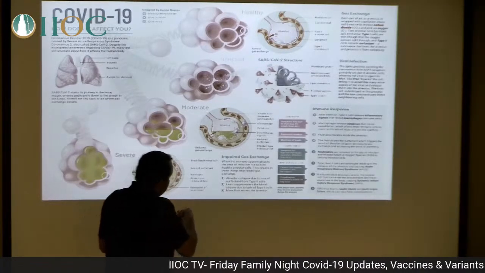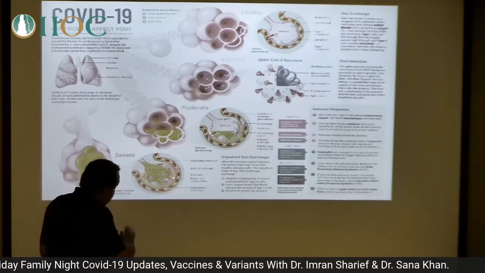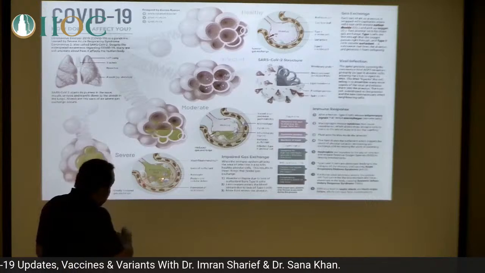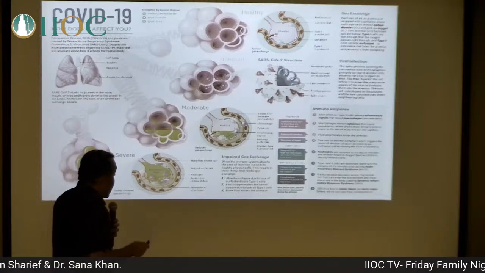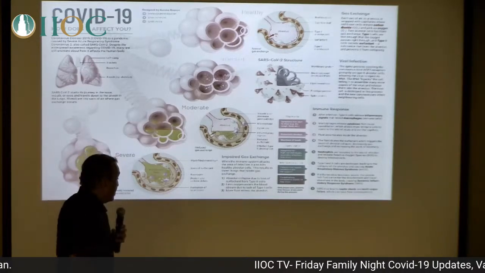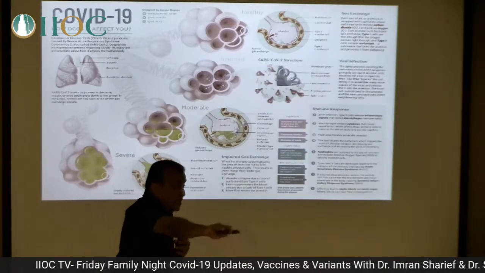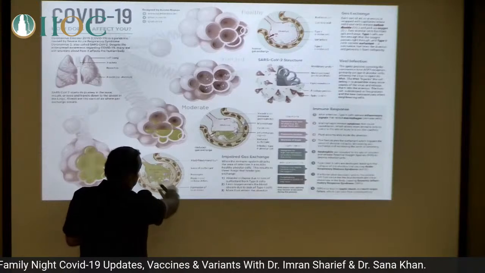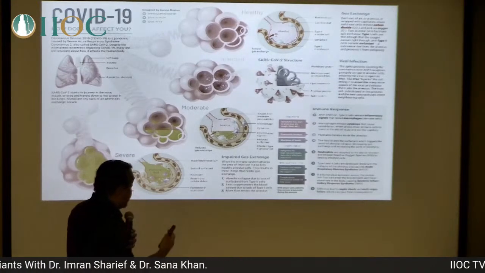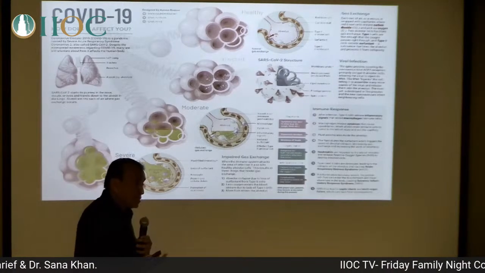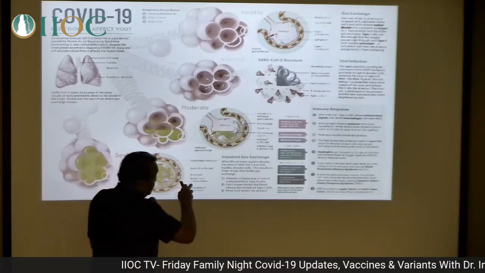So what happens now, okay, is that you've got fluid in the middle between the sac and the capillaries and the blood, making it hard to exchange oxygen and carbon dioxide. You've got yourself formation of pus in here. And if this gets really bad, this pus can then leak back into the blood vessels. And if it does that, then the rest of the body is affected by a massive amount of this kind of debris. People can actually go into something called septic shock, where there's infection all over the blood vessels. So this is what's really happening at the lungs, okay?